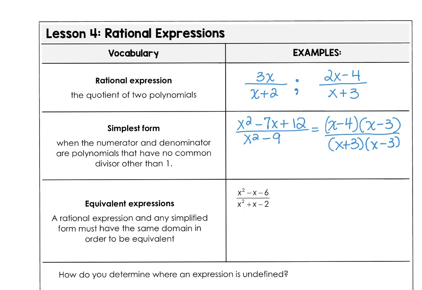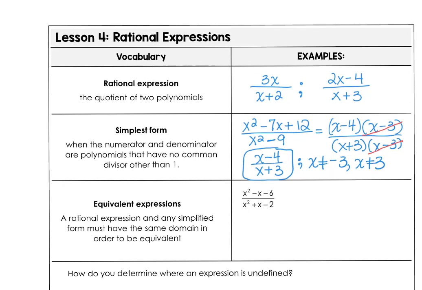Then in simplest form, the numerator and the denominator are polynomials and they have no common divisor other than 1. So I've made up this example and I want to remove the common divisor x minus 3. Then what remains is the numerator and the denominator have no common factors, and this is the simplest form. And we also want to consider our restrictions on the domain. We would not be allowed to have -3 or +3 since those two x values would cause division by 0